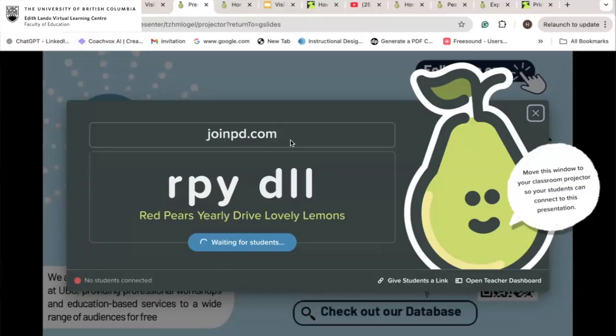Great, there's one student connected. I will start the class so that you can start typing your responses here. This is a slide which you can also add at the end of your lessons. What did you like? What didn't you like? What was hard? What was easy? I will start showing the responses, and it's a safe space to say what your actual feelings are, because whatever you respond, it's anonymous.